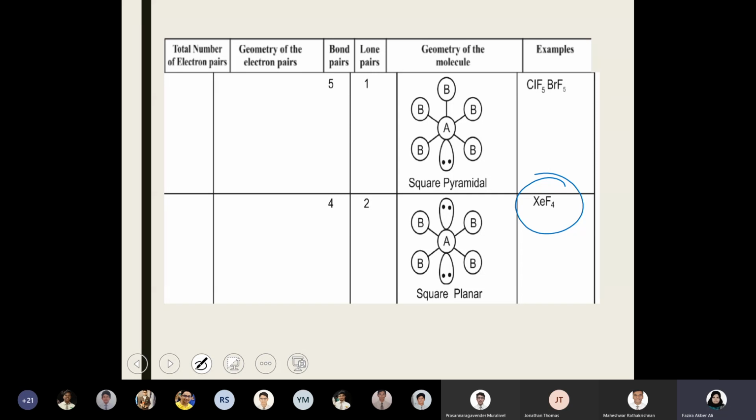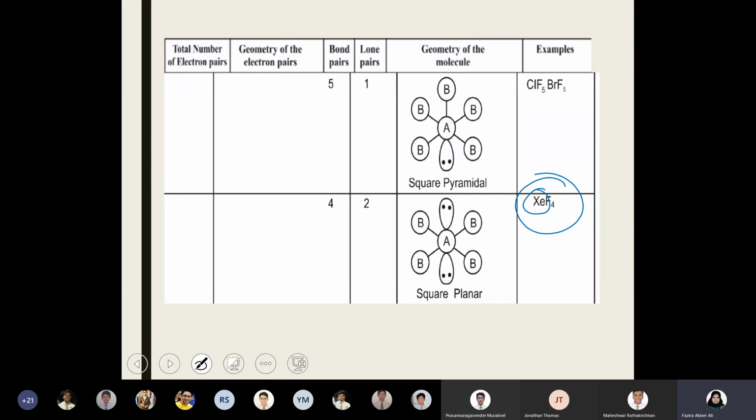So here XeF4, Xe is a xenon compound. You will be wondering how a noble gas, even in the previous slide we discussed one, xenon already has a complete octet, so how will it form a compound with fluorine? It's a very rare compound, not very abundant or common. It forms only in extreme conditions, when xenon, the noble gas, reacts with fluorine to form this kind of complex.